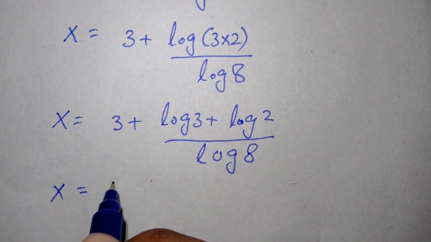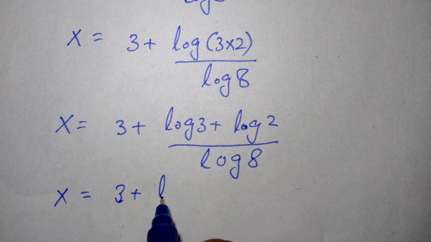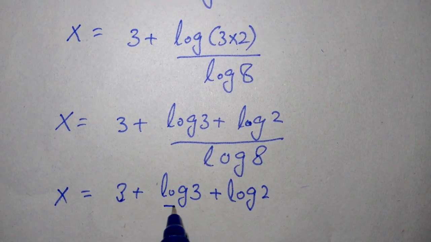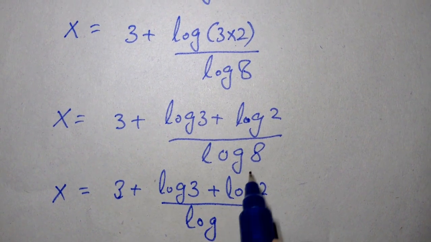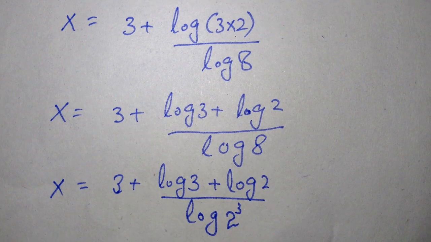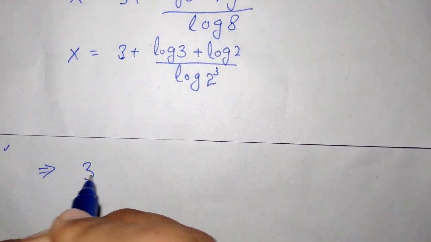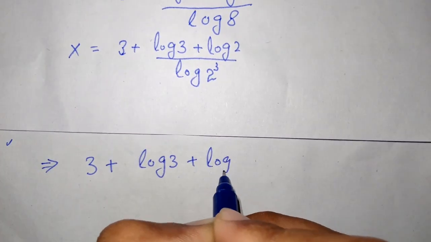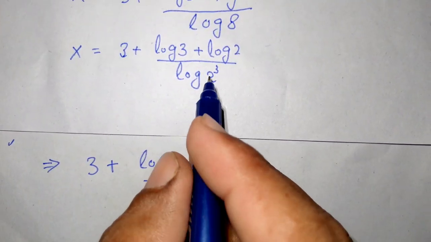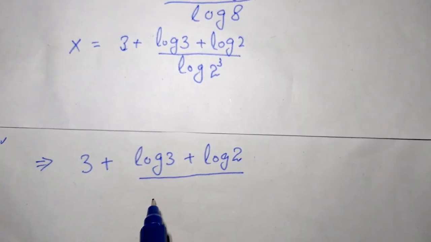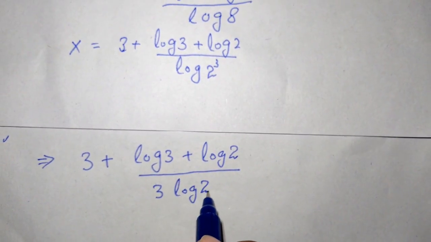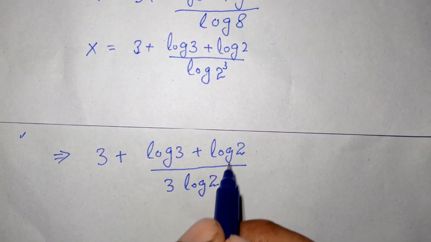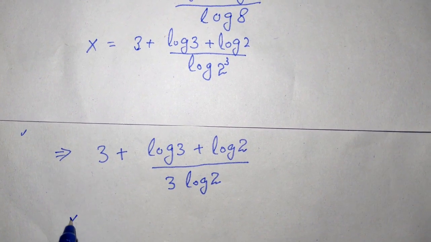x is equal to 3 plus (log of 3 plus log of 2) divided by log of 8, which can be written as 2 to the power of 3. So x is equal to 3 plus (log of 3 plus log of 2) divided by, this can also be written as 3 comes here, so this will become 3 log of 2. Now we have to write this as log of 3 divided by 3 log of 2 plus log of 2 divided by 3 log of 2, so this will become x is equal to 3 plus